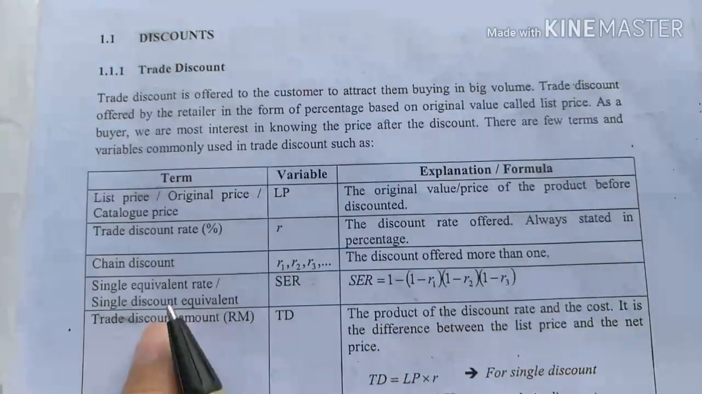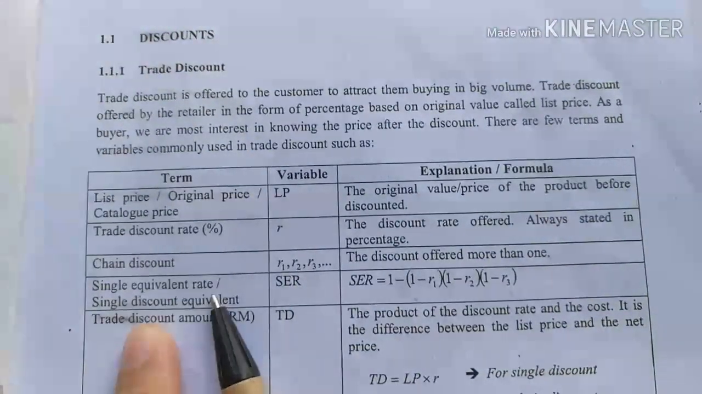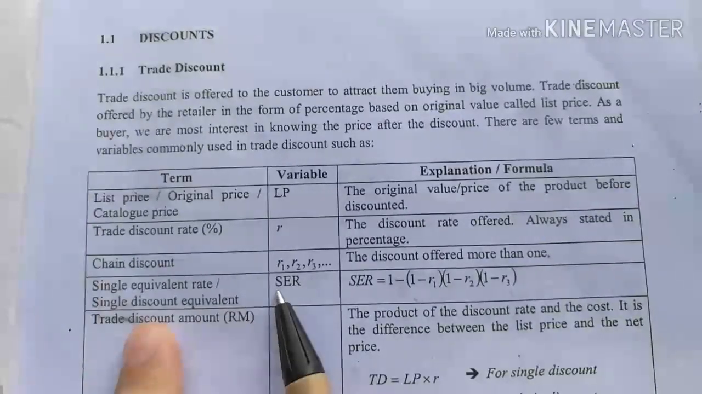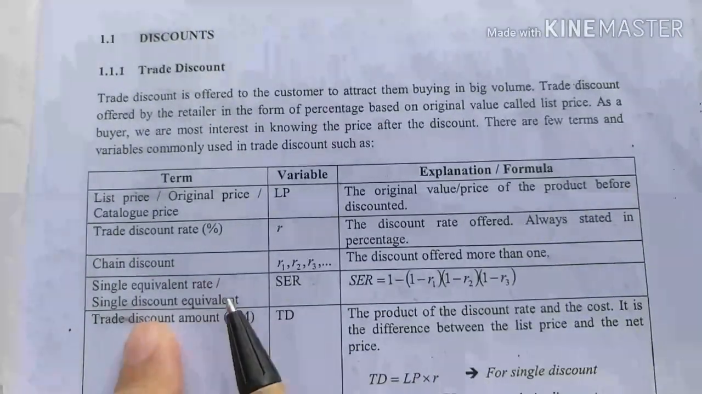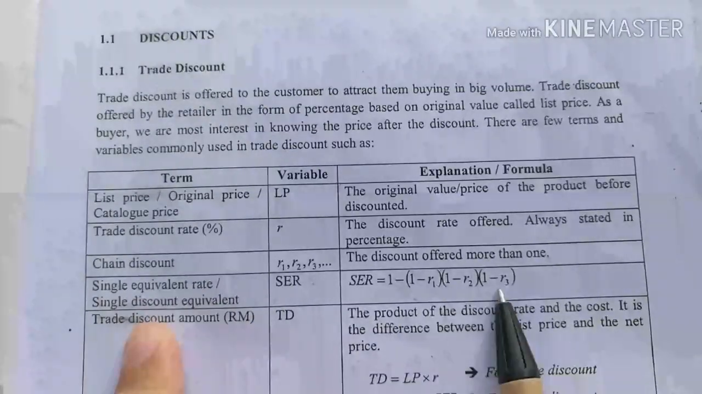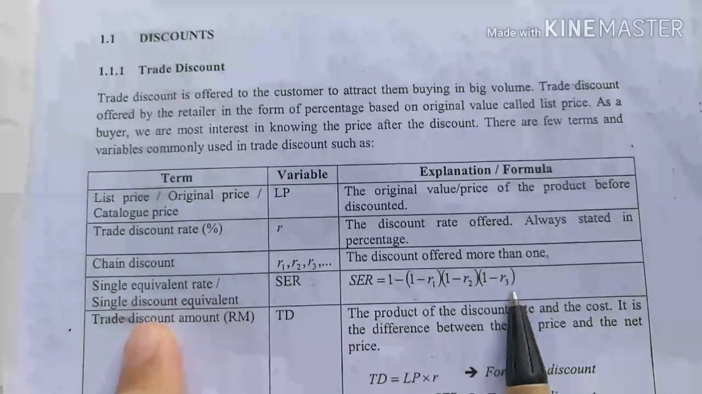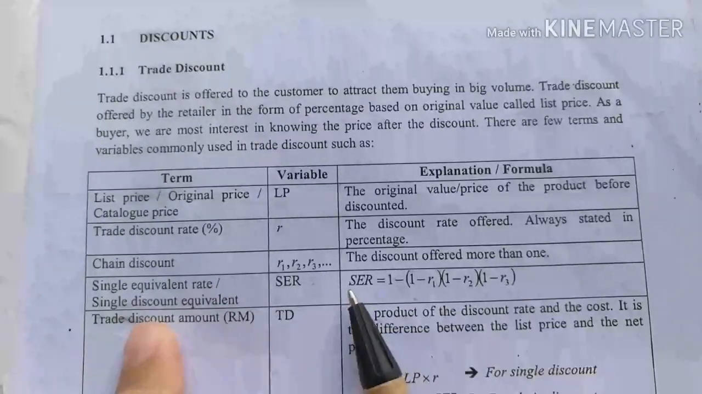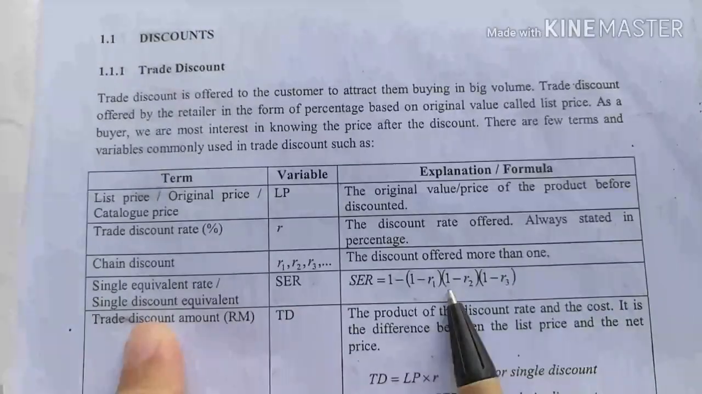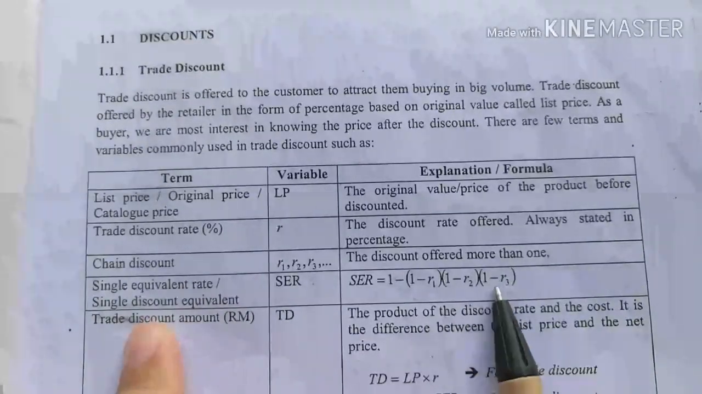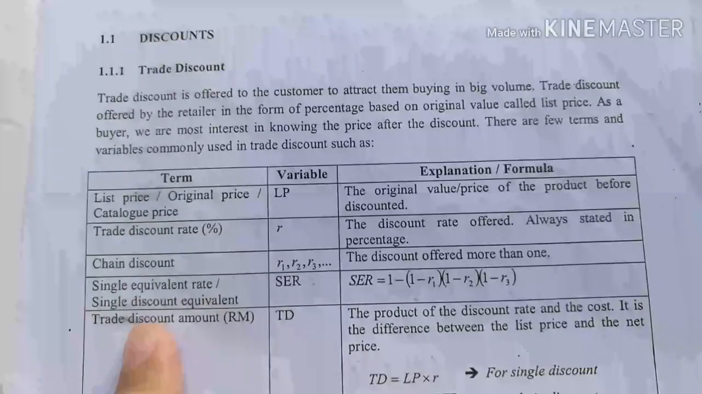Okay, the next term is single equivalent rate or single discount equivalent, noted with SER. So basically this is the formula that can be used to convert the chain discount into one single discount, which is SER equals 1 minus R1 times 1 minus R2 times 1 minus R3. For example,